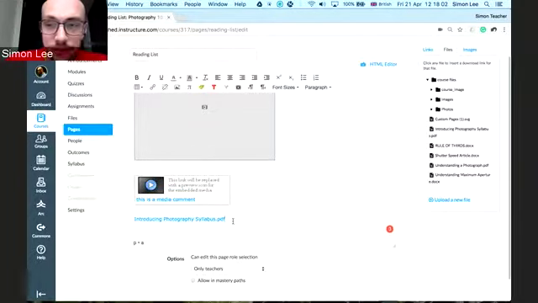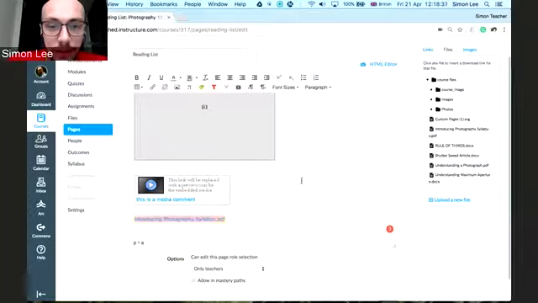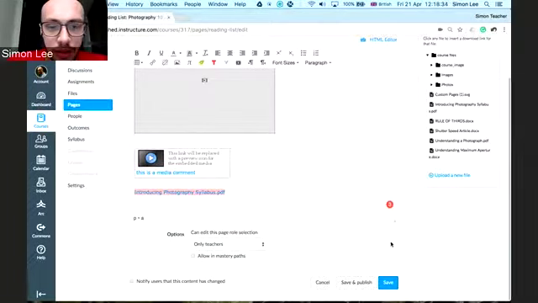With the files, because that's now included as a link, you'll notice that it says remove link if I want to, or link to URL. If I click on this with that file link highlighted, I can actually have Canvas automatically show the student or the user on the page the preview for this, so they don't actually have to download the file or look at it. I can use auto open and update the link. Now if I save this,